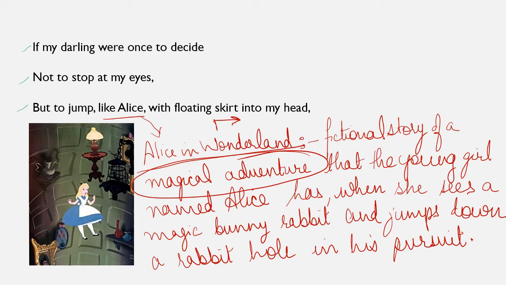But in that dream, Alice basically visits a wonderland, and this story was written by R.L. Stevenson. A very popular story for kids, basically. And here the poet uses the reference of this character Alice from this story. So definitely we must know what the poet is talking about.